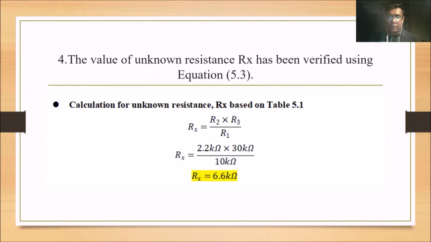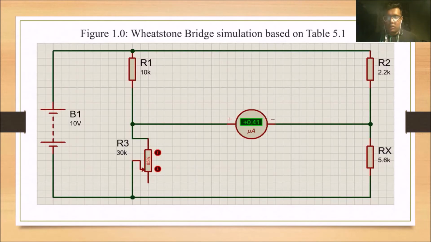So this is the formula that we have used for this calculation in order to find the unknown resistance, which is Rx equals R2 times R3 over R1. Based on these values, we have obtained the calculated unknown resistance value, which is 6.6 kilo ohm. So based on the calculation, let's substitute the value of the unknown resistance, 6.6 kilo ohm,